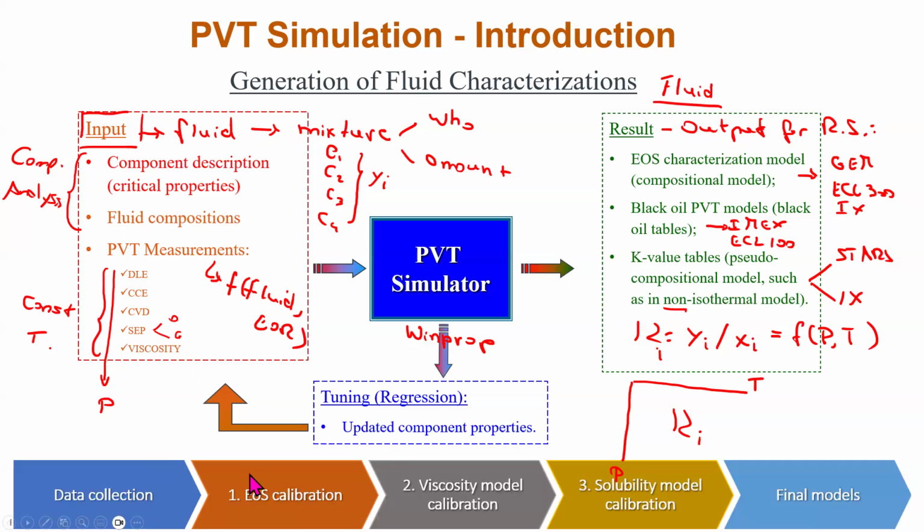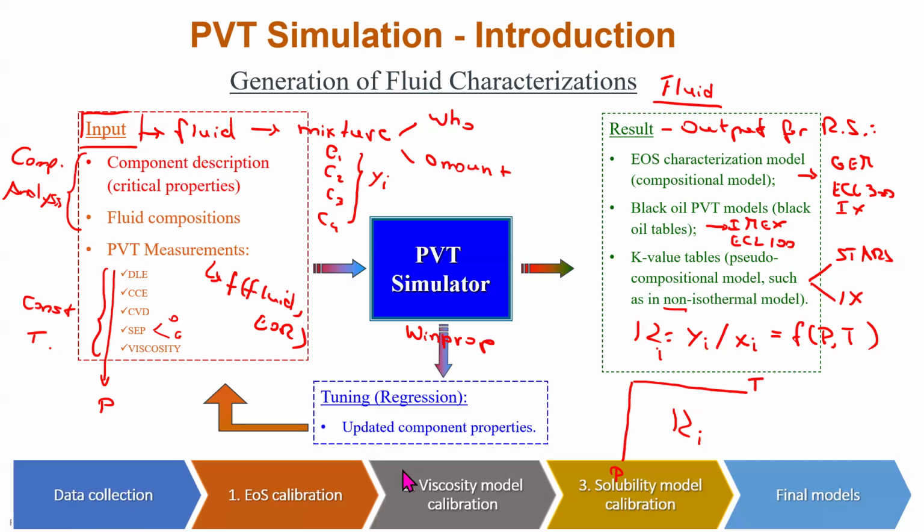Okay. After that, you do some steps for EOS calibration. So EOS is key to calculate density, to calculate the relationship between volume, pressure, and temperature, to perform flash calculations. So equation of state is very important for us for several aspects. So you need to be very strict in this step. Or in other words, you need to go over this step in detail